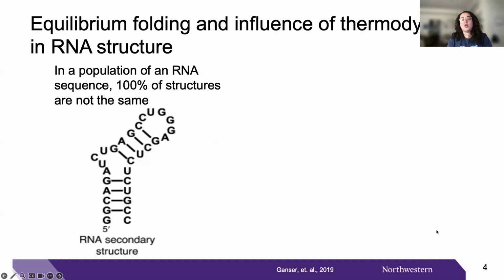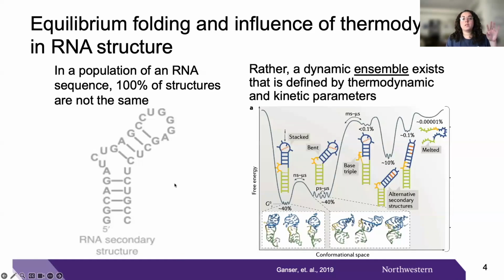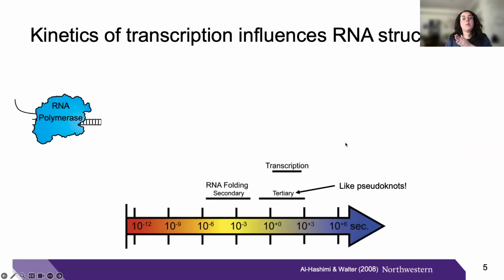Now, the two-state feature of RNA resides in what we think of with the equilibrium folding and thermodynamics of RNA sequence and structure. We know that if we have a single RNA sequence, if we had 100 copies of it, not all 100 molecules would form the same structure. Rather, they would form this ensemble pool of different structures over some favorability towards one structure or the other, with these various kinetic parameters to overcome to get into different structural states. But that's thermodynamics. I'm really interested in the kinetics of RNA folding and how that influences the structural switching